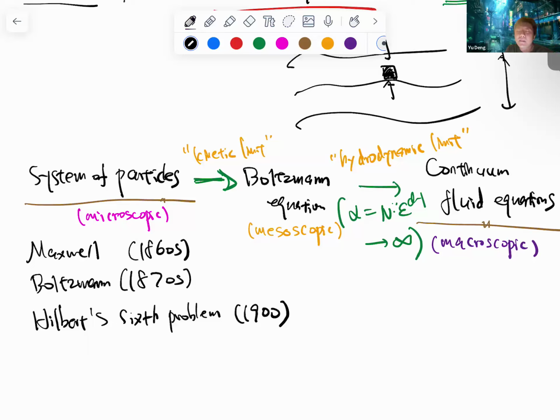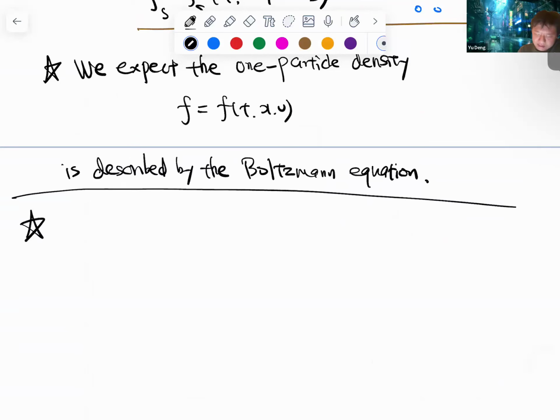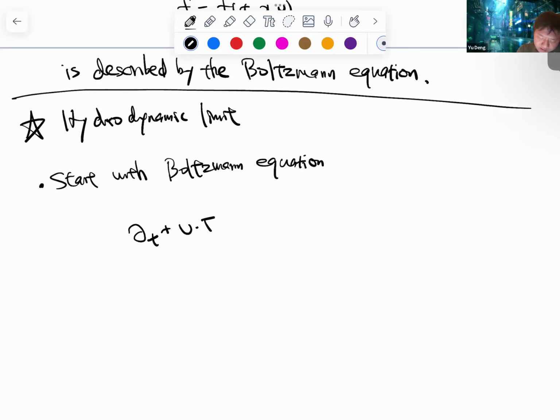Since this is not the main topic of this talk, I will only describe very rough ideas of how this works. So this is the second, hydrodynamic limit. Basically, the idea is we start with the Boltzmann equation. We'll see the form of the Boltzmann equation: the time derivative of f equals alpha times Q(f,f). We'll see what the right hand side is, and this alpha is a parameter that will go to infinity, as we'll see. So we start with the Boltzmann equation, and then we consider